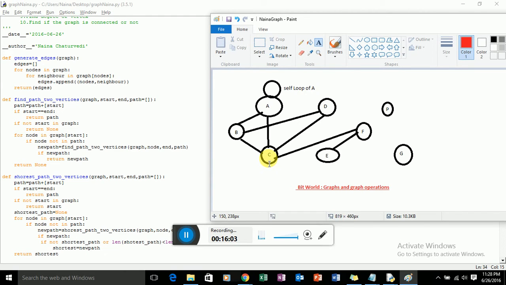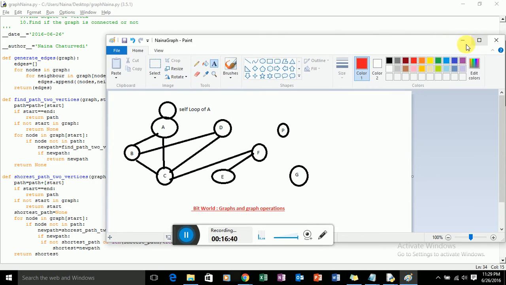In the very same way, once I'm done with the neighbors of A, that is B and C, it will go to the node B and find the adjacent neighbors of B. So it will be D and C. Then once it is done with B, it will go to the node C, and try to find the neighbors of C, that is A and D and F. But here I just need the path between A and D, so basically it will find the path as A, B, C and D.